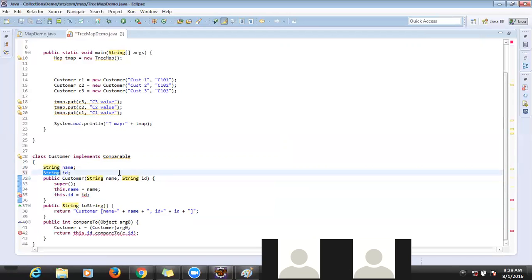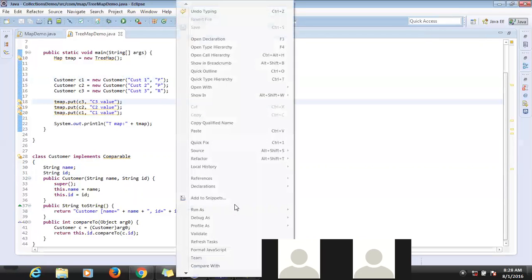Okay, let me change it in a different way. So now ID, right? This ID means string, so I need to give a string. I should not give numbers. So then only. So let me give K. Let me give P. Let me give some R. Some jumbled values I'm giving basically. F. So now the IDs are F, P, R, right? Some random values. Okay, now let me run it and we'll see it.